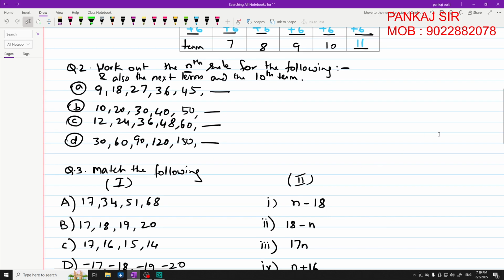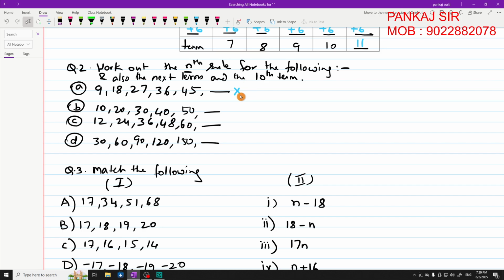Question number 2 says to work out the nth rule for the following and also work out the next term and the 10th term. First, let us try to work out the nth rule. So this is 9, 9 2s are 18, 9 3s are 27, 9 4s are 36, 9 5s are 45. So the nth rule is times